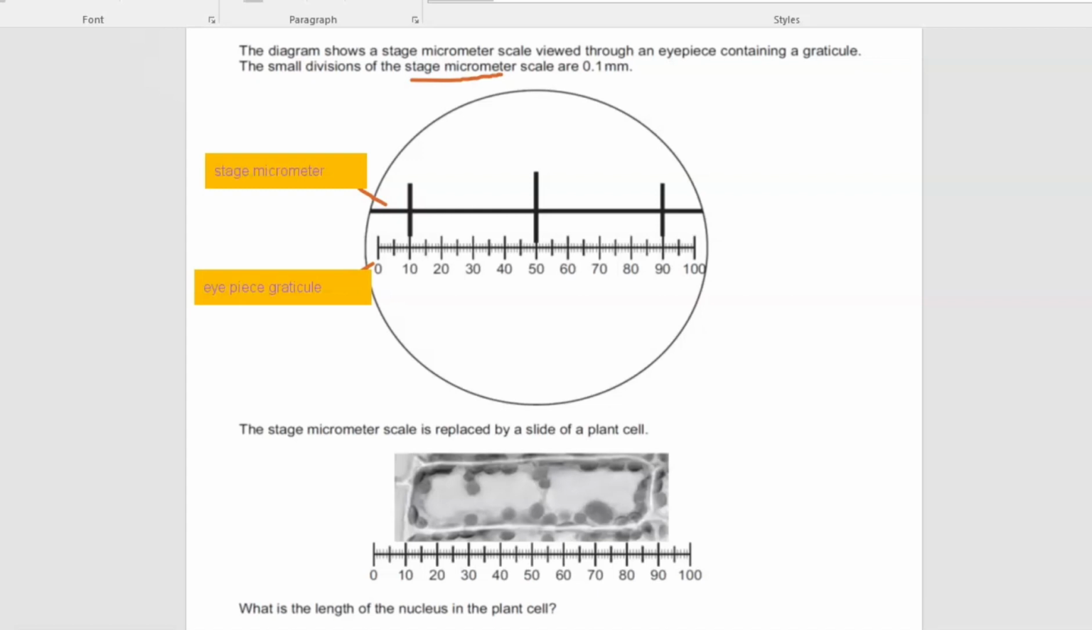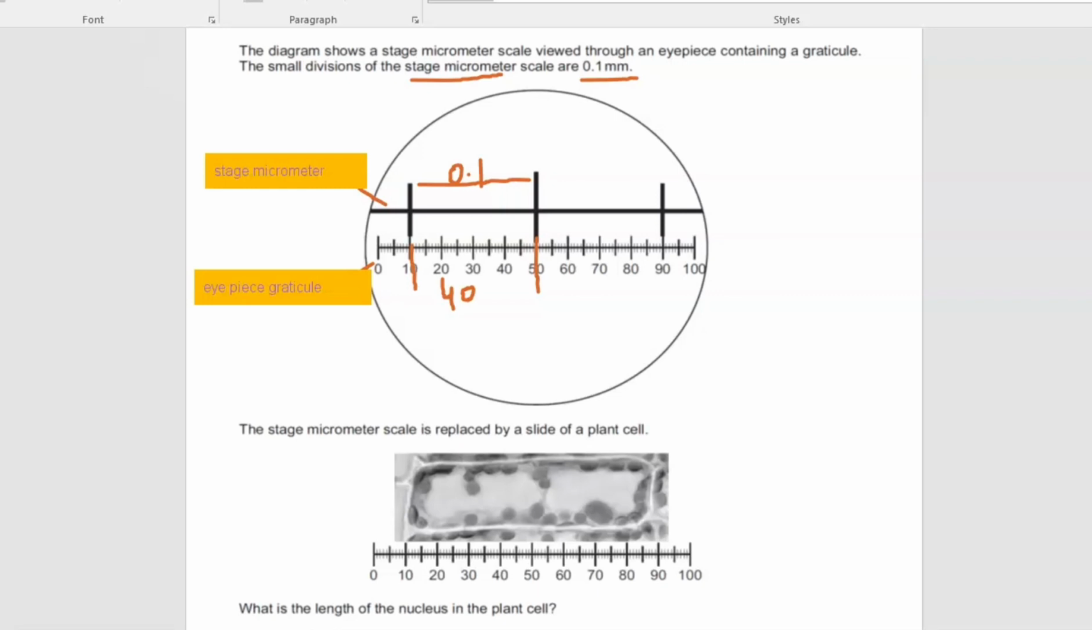The other thing mentioned in the question is that it is a 0.1 mm stage micrometer, so 1 division is 0.1 mm, and it contains 10 to 50 here. So altogether there are 40 divisions of eyepiece graticule. Last time we discussed that the diagram given to us is 0.1